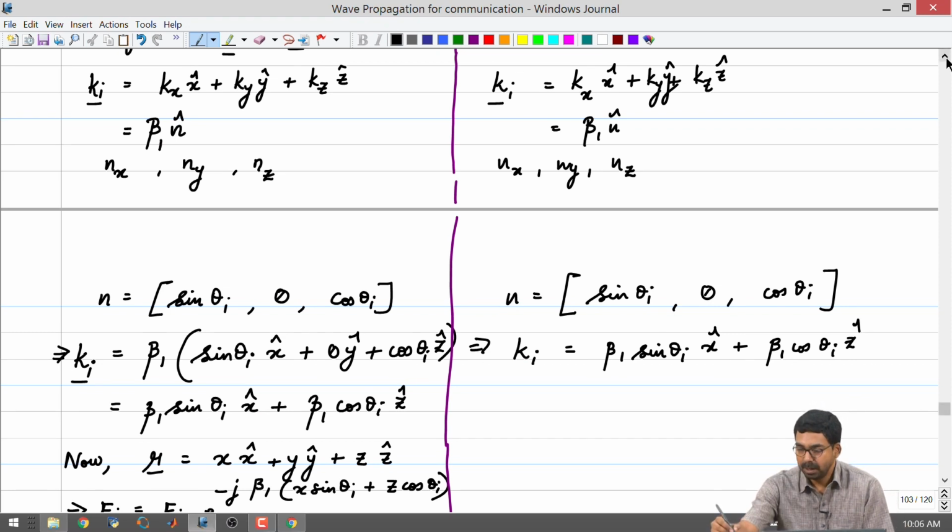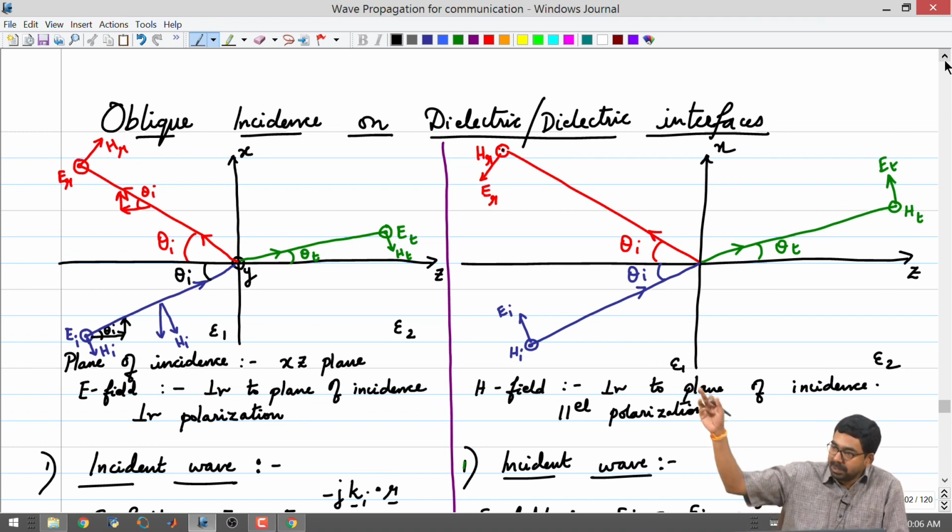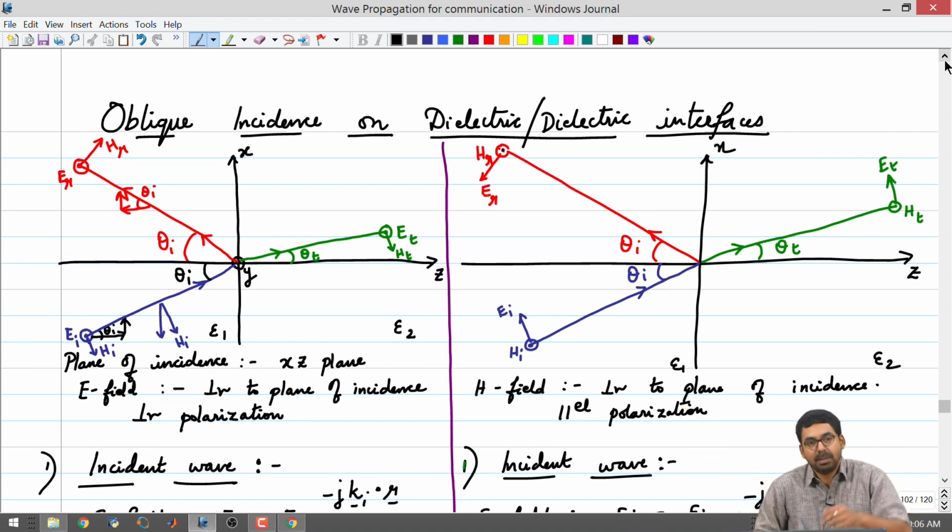Once again, the only difference between the two is the way in which E and H are oriented. The expression will be Ei exponential minus j k dot r. This is for a plane wave. R is going to be the position vector x x hat plus y y hat plus z z hat, irrespective of the polarization. And in the way that we have drawn, the k is oriented in the same direction in both the cases. Only the direction of the electric field is different, which means that the expression for the electric field is going to look identical.